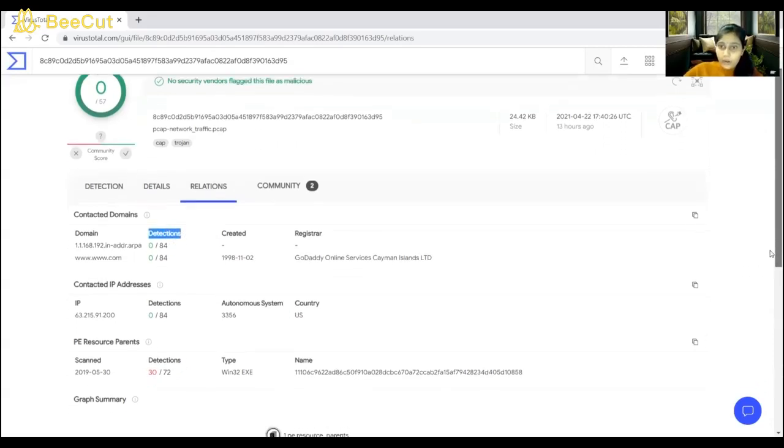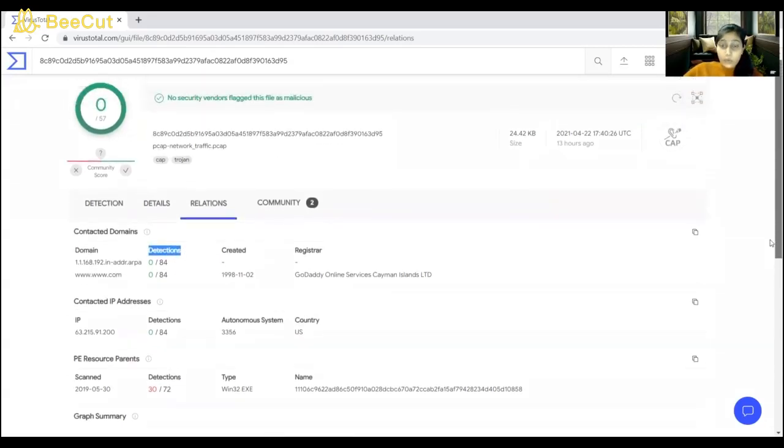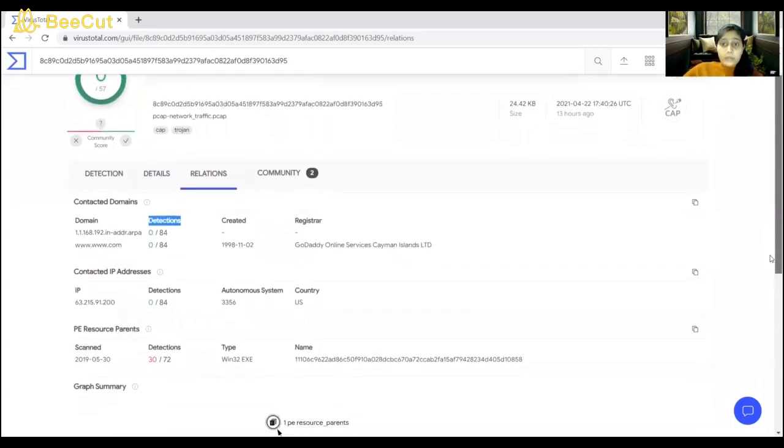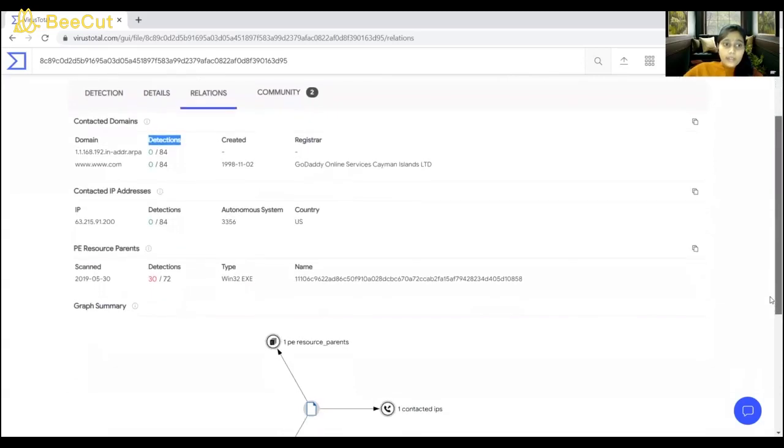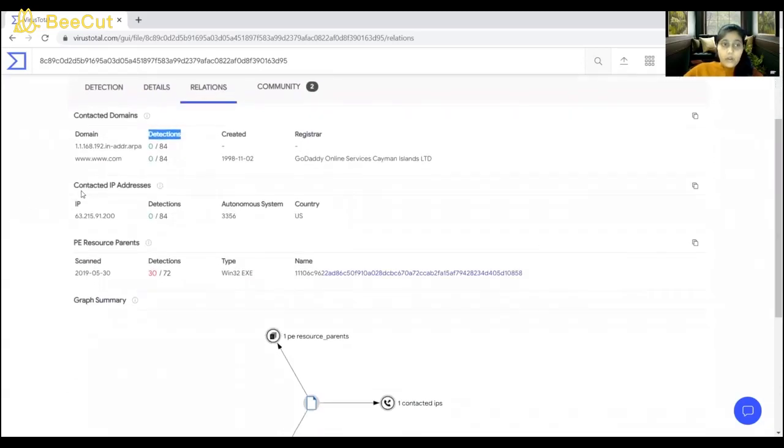When we scroll down below, we can see the contacted IP addresses. There can be more, but in this file there is just a single IP address contacted. In this section we can see the autonomous system and the location country for the IP address.